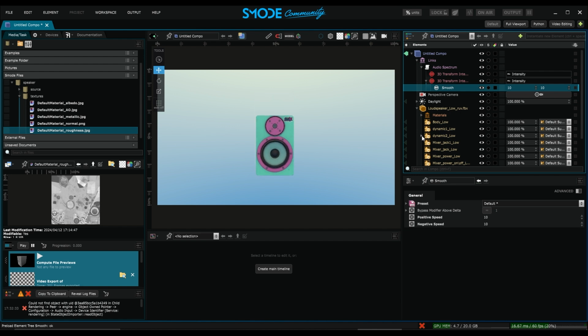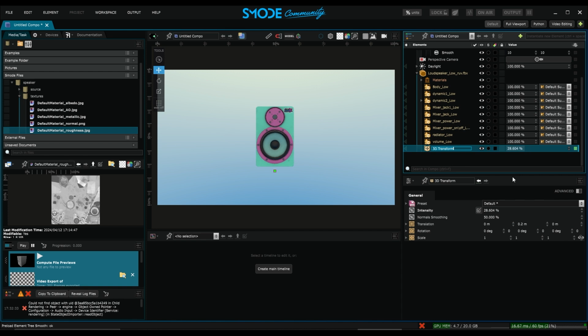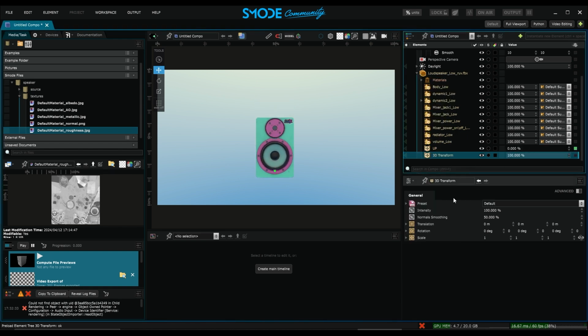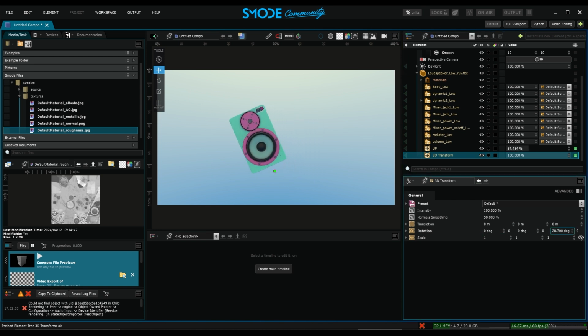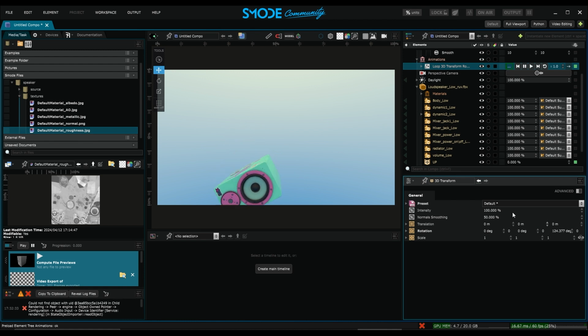But if I want a bounce effect, then what I will do is add another modifier. I will rename this one Up. I will create a new one, still on the group, Distort 3D Transform, and then I will look at what I have in my rotations. For example, I can rotate on the Z-axis just like this. Here, my little technique will be to right-click on this rotation parameter to create a back and forth loop. It gives me